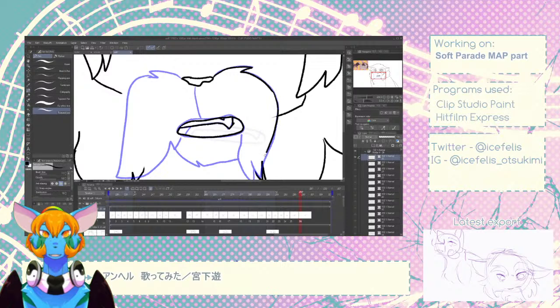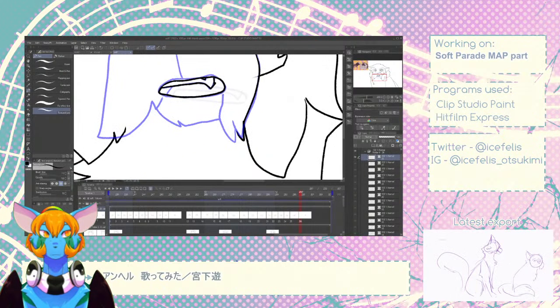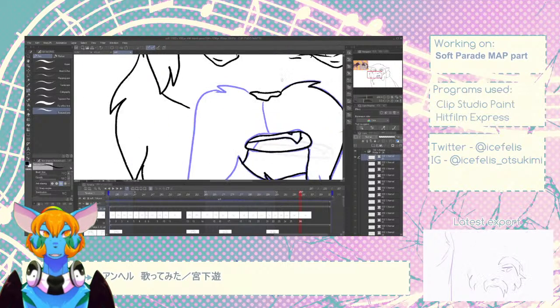I'm really having fun with this kind of face fluff stuff. But it is tricky to sort of keep the consistency on. Though I'm not known for my consistency, so...